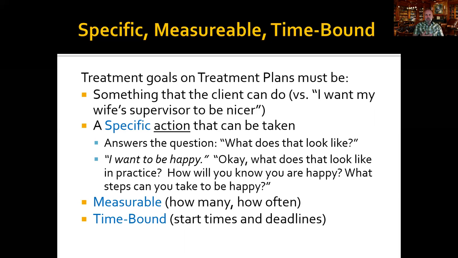So similarly, an example that maybe the whole family can use, I'll just stick with the talking stick because I've been talking about that as an example throughout. So maybe the family is like, yeah, okay, we need to practice not interrupting each other and listening better. Okay, great. Well, what does that look like? What's an action that you as a family could do in order to practice listening better and not interrupting each other? Well, you mentioned the talking stick before that some families have used. That sounds like a fairly good idea. We can maybe try that.